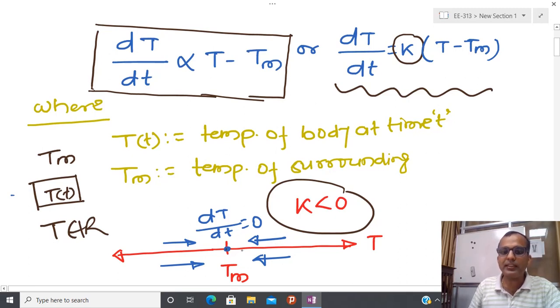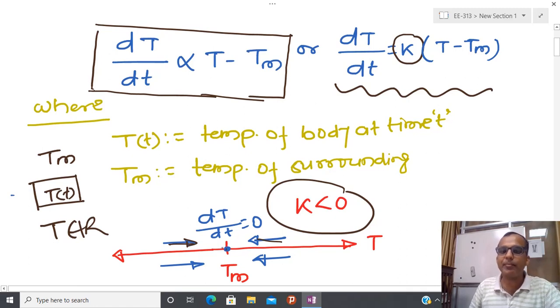I have two kinds of situation. I have to look at T minus Tm, and it is possible to show that if k is less than 0, then d by dt is less than 0. So I am going to converge towards this direction. If we are on this side, then we again converge towards this direction. So in this way I can analyze.